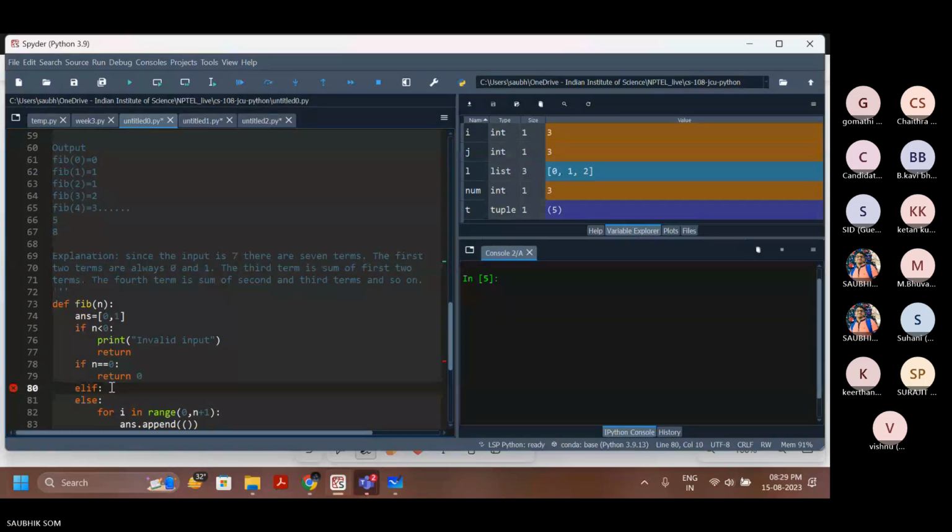If n equals 1, what will I return? Sorry, the syntax is wrong here. Else if n equals 1, I have to return. This is for the 0, 1, right? Return will be answer. I don't have to do anything else. Except that, so sorry, I have to initiate it